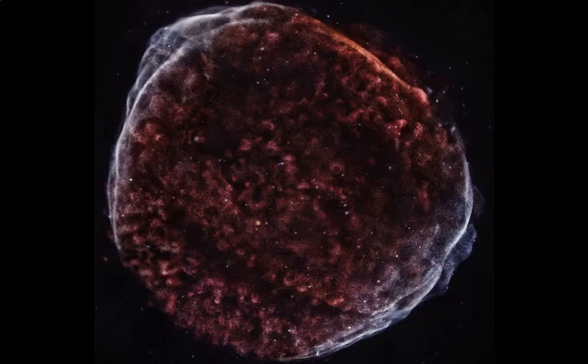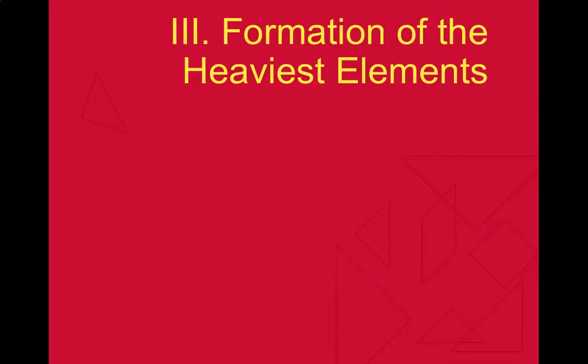And with modern instruments now we see the explosion. So it looks like it's still pretty compact, so maybe it's not that old, maybe only a couple thousand years old or something. And we'll learn more. Actually, I'm going to go ahead and do one more section here